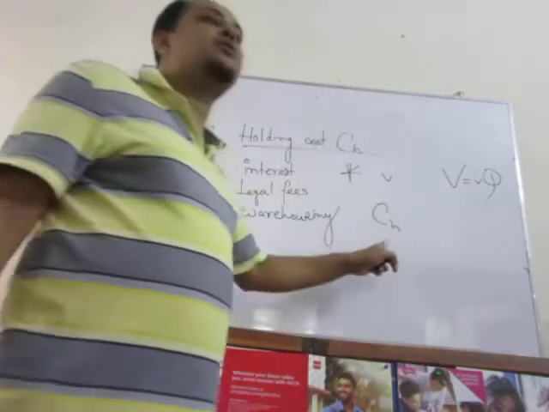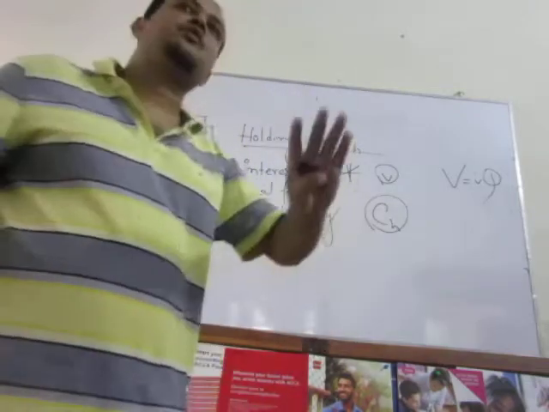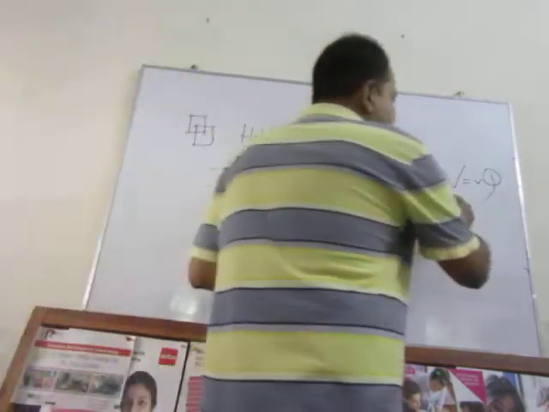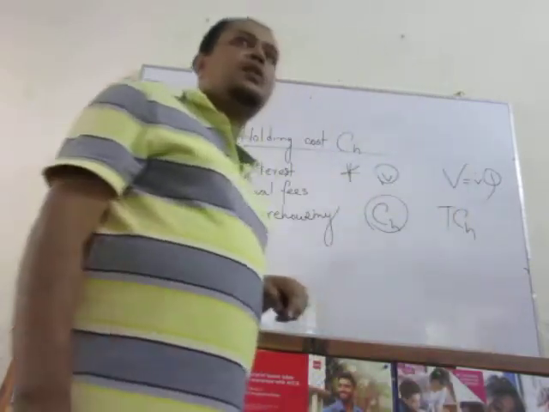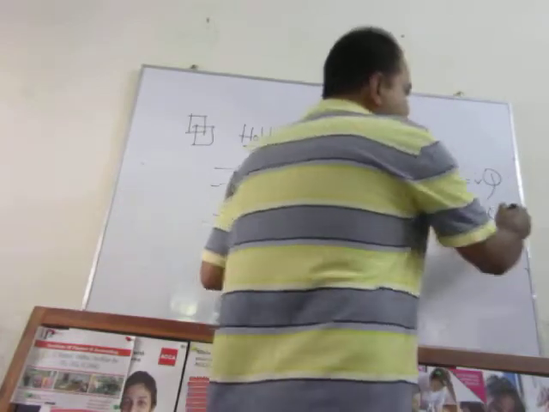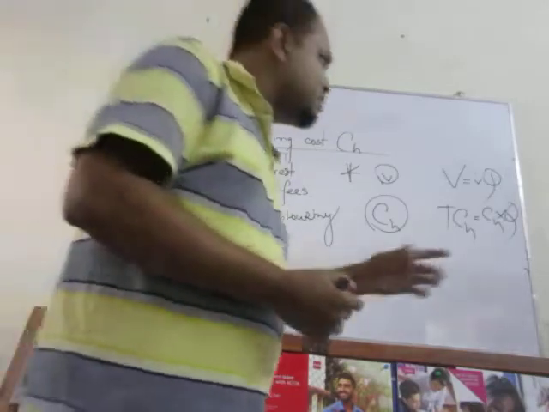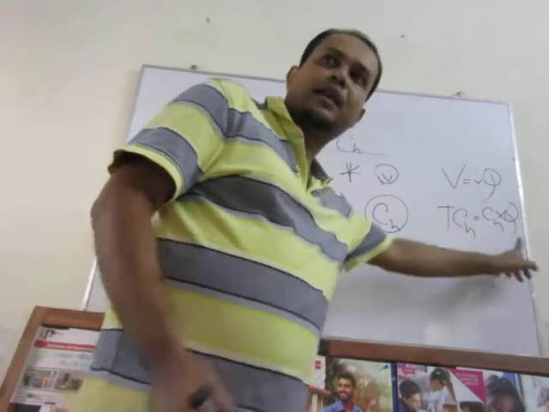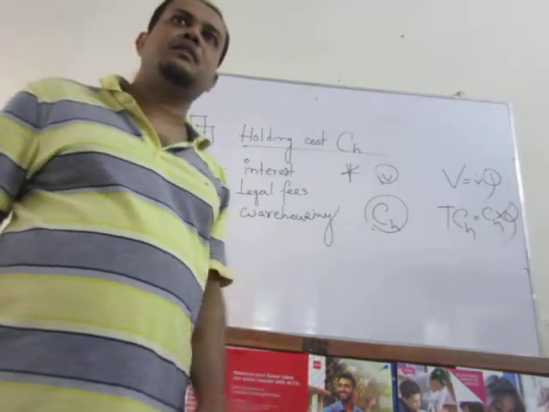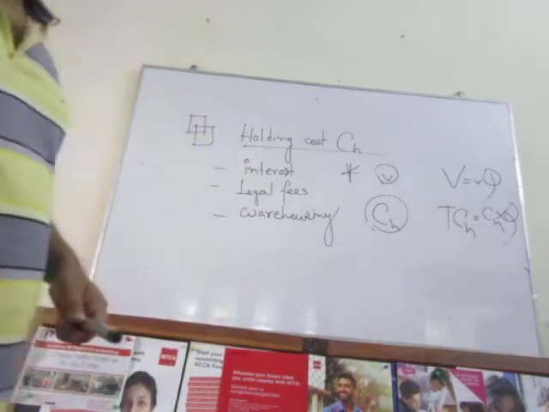CH means stock holding cost per unit, just like the variable cost per unit. Stock holding cost per unit is a constant or fixed amount in every case. But TCH means total holding cost, and total holding cost means holding cost per unit into quantity. We will discuss quantity later on. But TCH actually changes as the quantity changes. But CH per unit is just like the variable cost per unit and remains fixed. Clear?